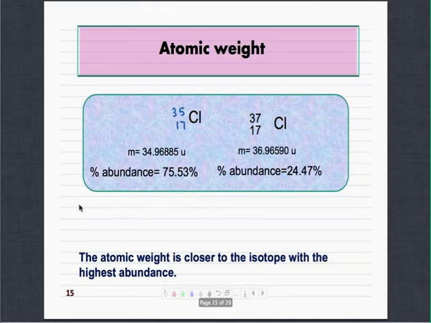So the average atomic mass of chlorine is equal to the percentage abundance of chlorine-35 over 100 multiplied by the mass of chlorine-35, plus the percentage abundance of chlorine-37 over 100 multiplied by the mass of chlorine-37. So if I plug in the numbers, the answer is going to be